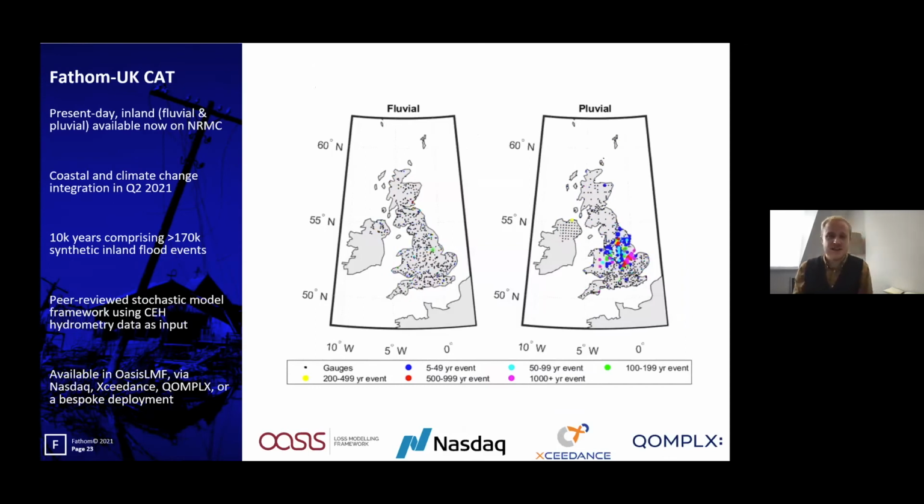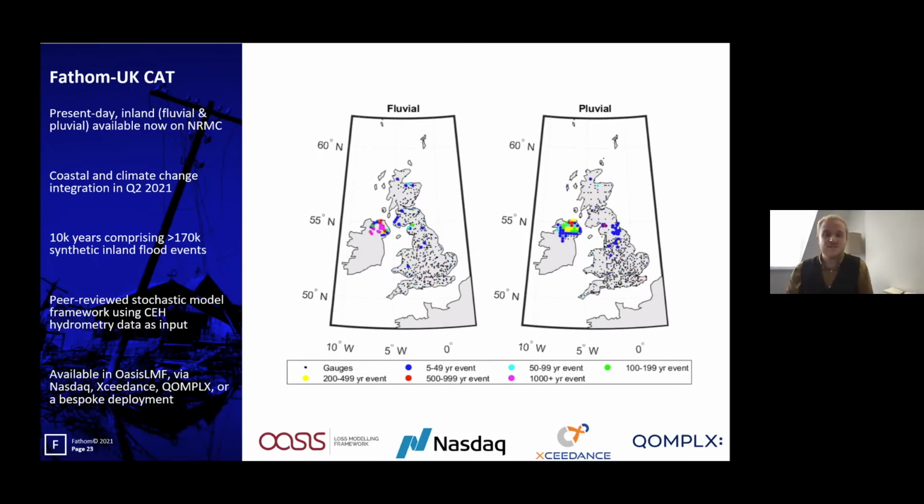So to do this, we simulate 10,000 years of plausible UK flood events using our published stochastic methods in tandem with rain and river flow data from the Centre for Ecology and Hydrology. And we use this resultant event set to sample from our underlying hazard layers. The little video on the screen here gives you an idea of some of the larger events contained within this set. You can see floods generally clustering intuitively in space, with the most extreme flooding within a given event, represented by the yellows, reds, and purples, occurring more locally, as you might expect.